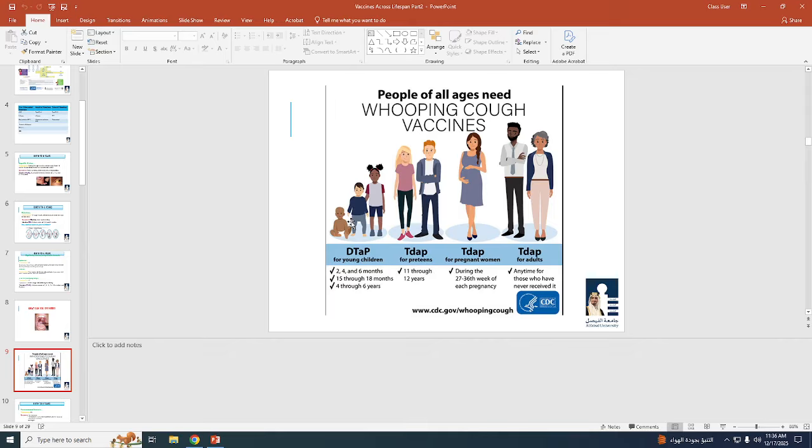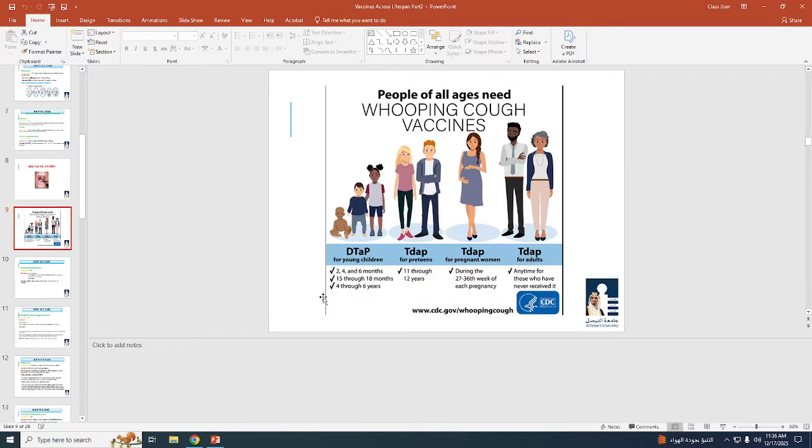Doctor, so we need to know about the DTaP, that's 5 doses. Exactly, 5 doses, and needs to be completed before 6 years. This is the initial vaccine. The DTaP vaccine, the initial one, is a 5-dose vaccine that needs to be completed before 6 years. The others are all boosters.